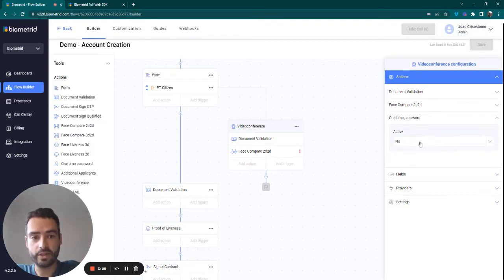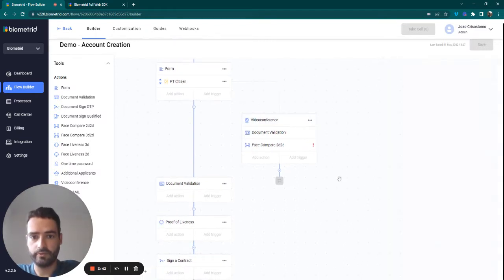And we can also request proof of ownership of a phone. So not to get into a lot of the actions possible with the video conference, that's for another video. But just so you understand that if there's a person calling, saying that it's for a Portuguese citizen, it will